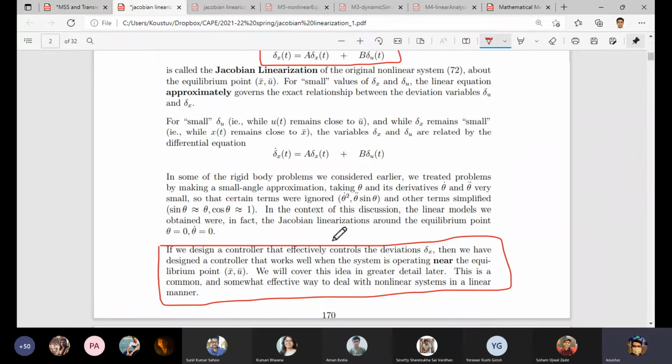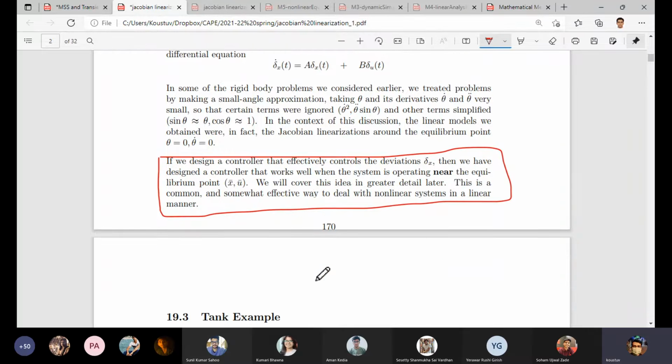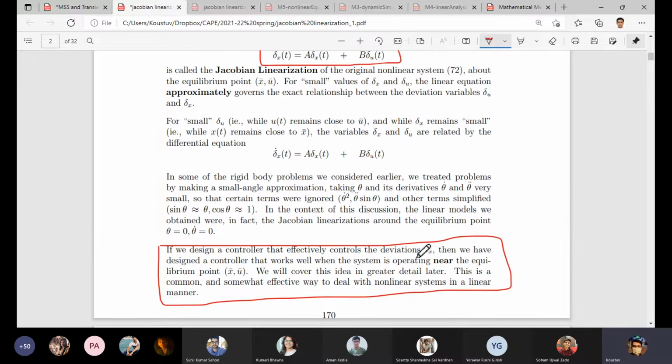So this sort of analysis is actually required, because as we said, of the three steady points A, B and C, the B point was unstable. From graphical analysis we understood that it is an unstable point, but if we want to operate at that point, we need to design a controller. The controller will effectively control the deviations, delta x or delta u, with respect to time. That is why this linearization is required in designing or tuning the parameters of that controller.